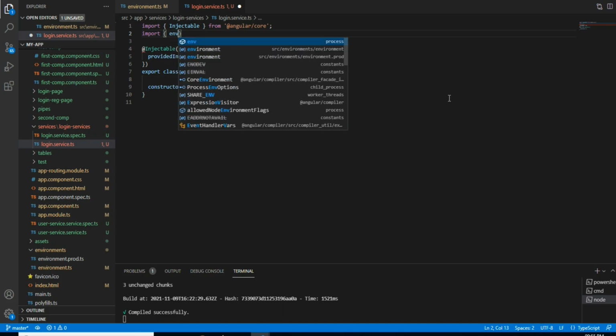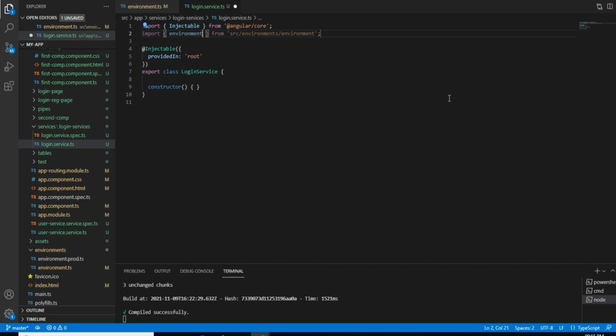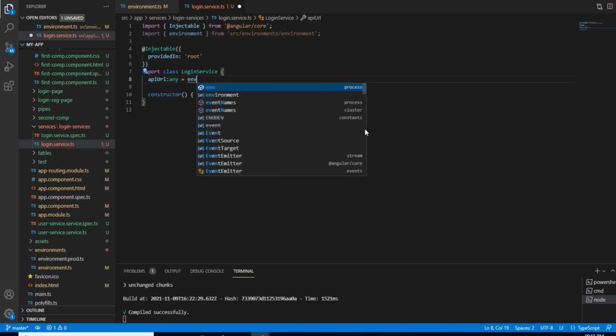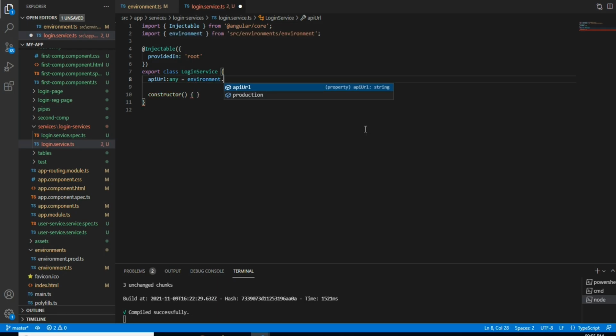This is the file which I wanted. So here I will define a variable called API URL, of type any, is equal to environment dot API URL. So this API URL has been assigned to this API URL.